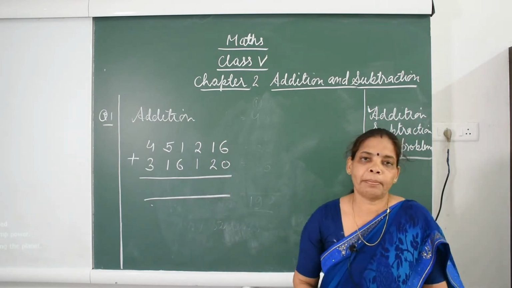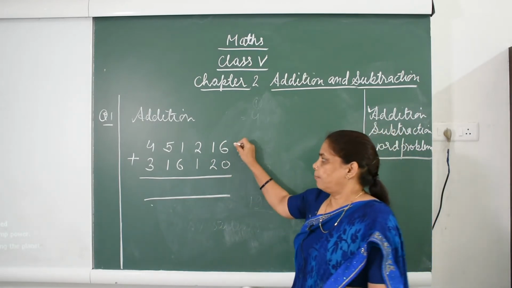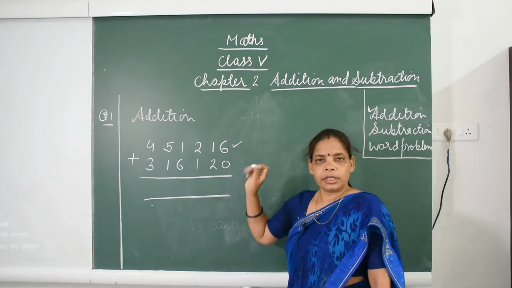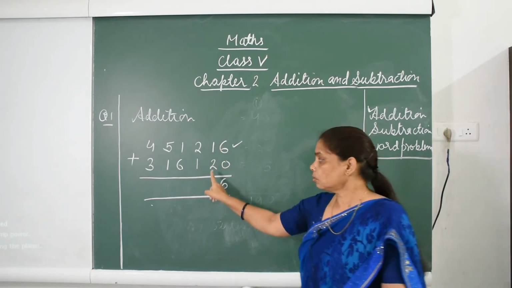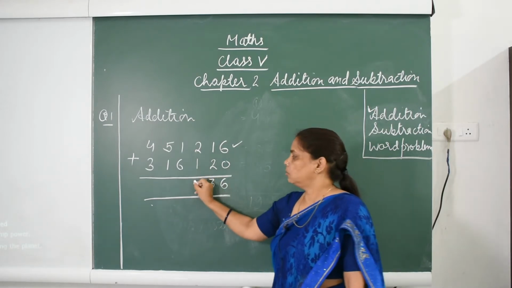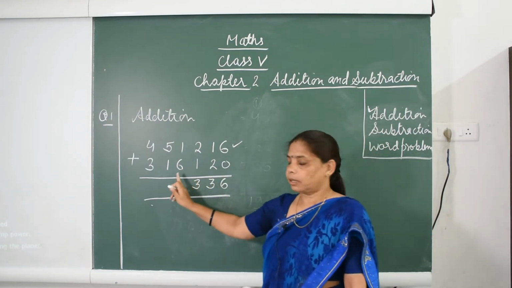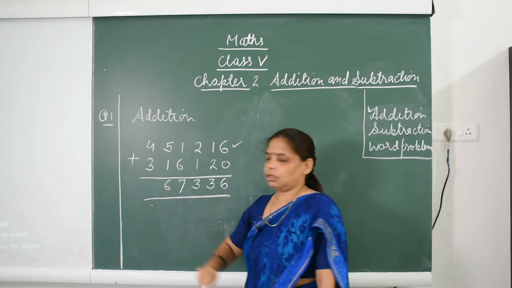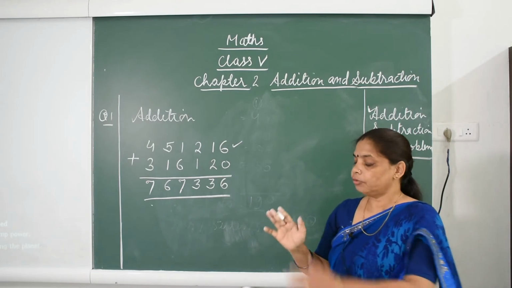First of all, you remember that when we add any number with 0, we will get the same number as the answer. If we add any number with 0, the answer is the same number itself. So 6 plus 0 is equal to 6. Now 2 plus 1 is equal to 3. First we consider the greatest number. 6 plus 1 is equal to 7 and then 5 plus 1 is equal to 6 and 4 plus 3 is equal to 7. You can count with the help of fingers or with the help of these lines.